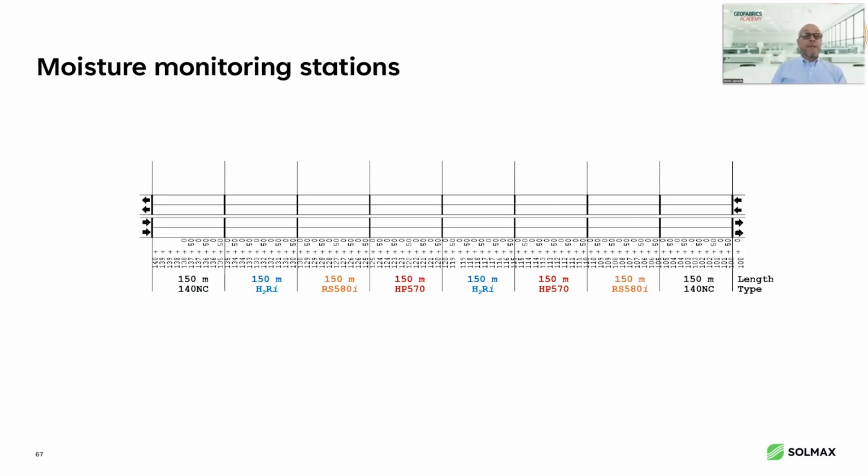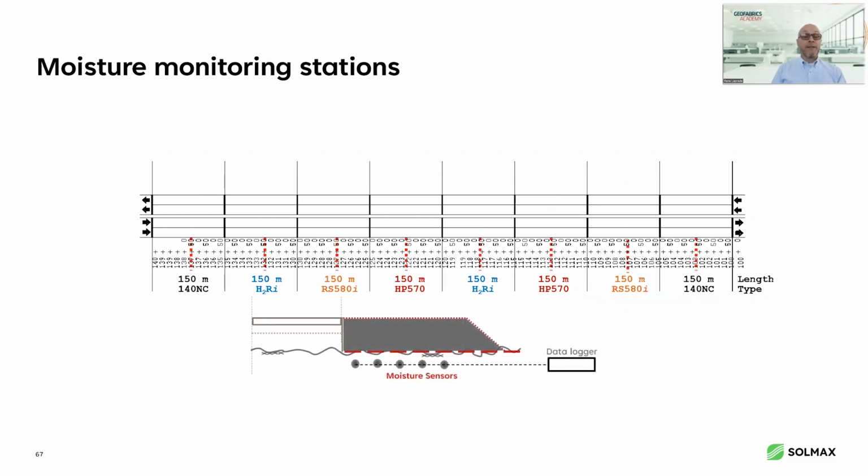So the test sections themselves, there were 4 of them. Each was duplicated, and they were 150 meters in length, laid out the way you see here. And then a series of moisture sensors were placed underneath each test section. Now, when it comes to expansive clays, or even pavement movement, if an entire pavement surface travels up or travels down together, nobody really cares. It's when you have that differential movement, that's where you get the cracking in the asphalt